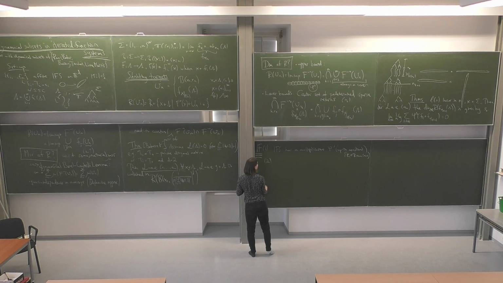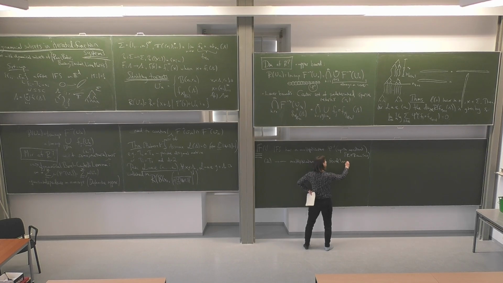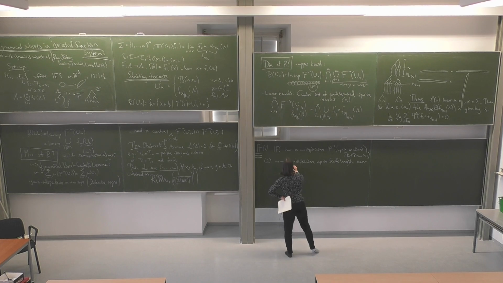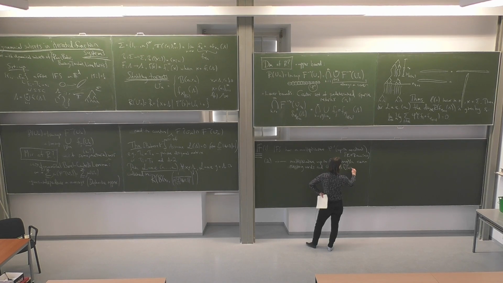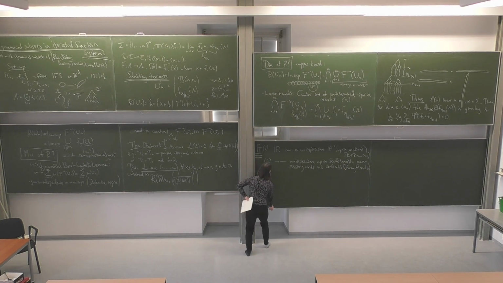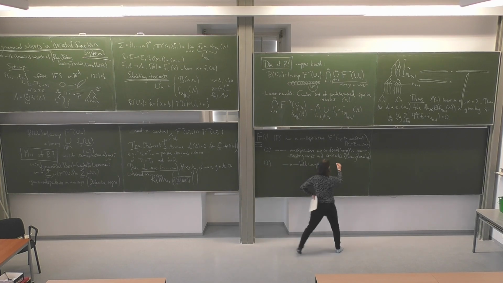And then it was improved by Barany and Troscheit, to multiplicative up to fixed length connecting words, whatever that means, and constants. This was Barany and Troscheit. Then we improved it further. Everything else is the same, except we have bounded length connecting words. This is due to me and